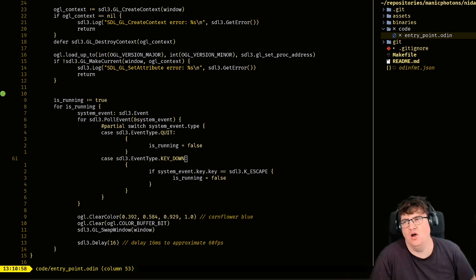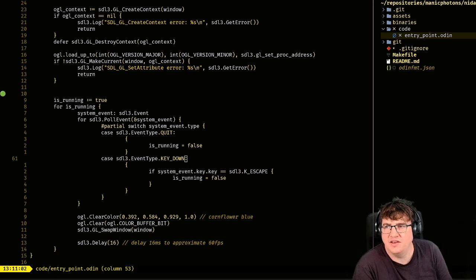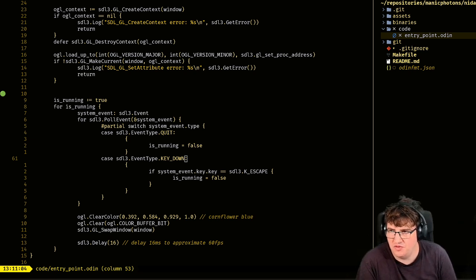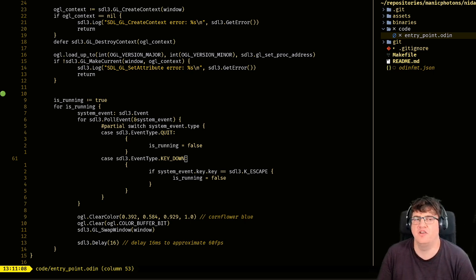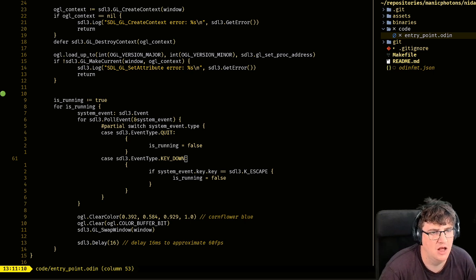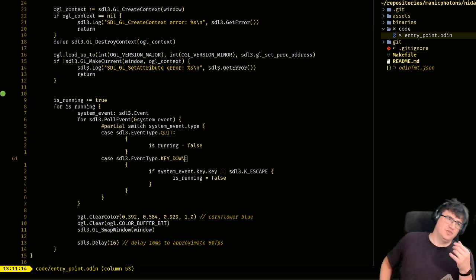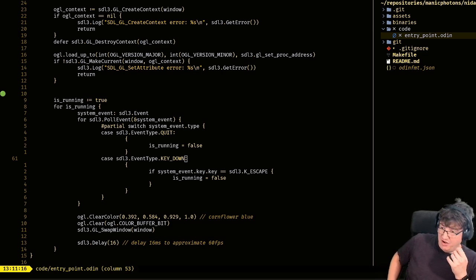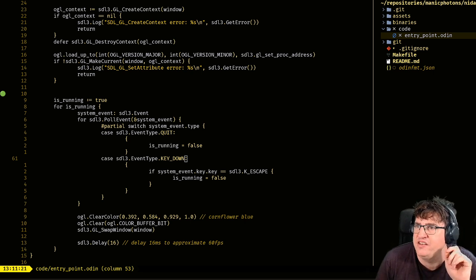Okay, so Odin format actually doesn't allow indenting like I want, and it does that quite deliberately. It's part of its design philosophy because it wants to encourage a consistent style across all users of the language. It's a little annoying, but it is what it is.